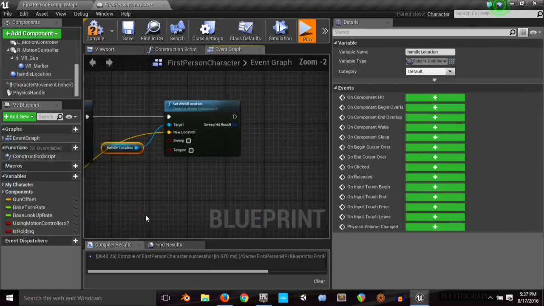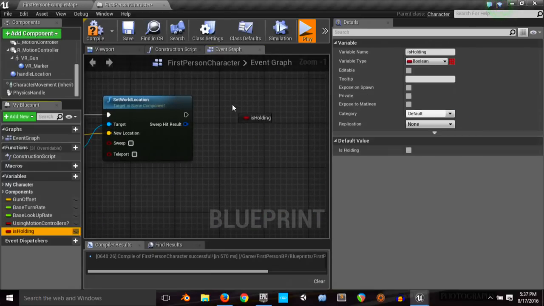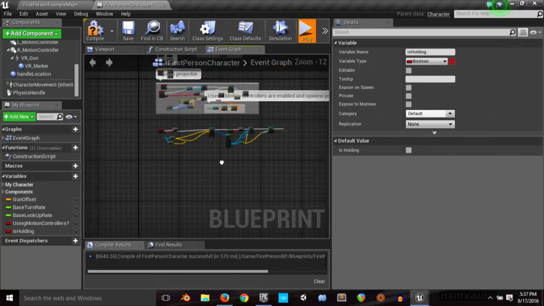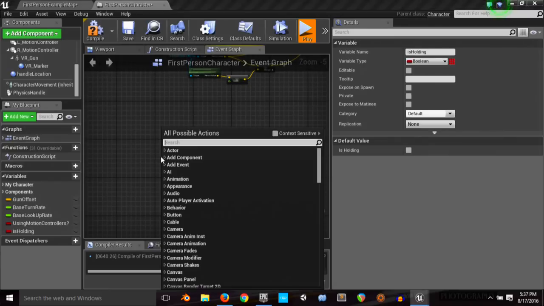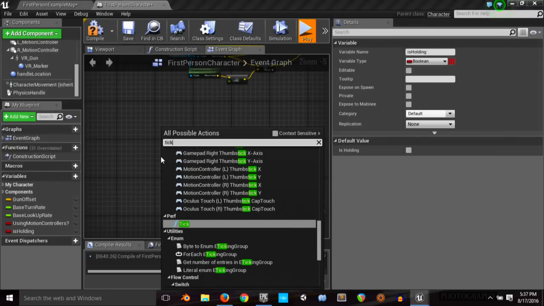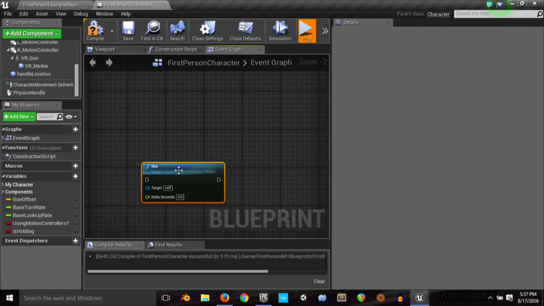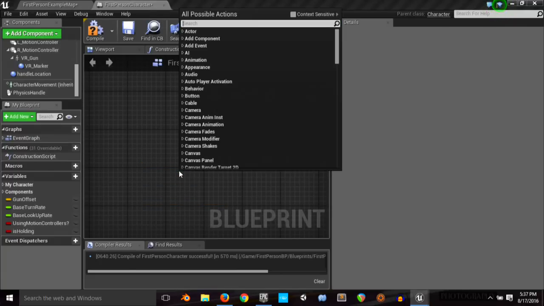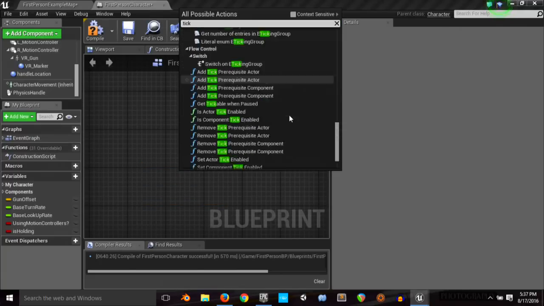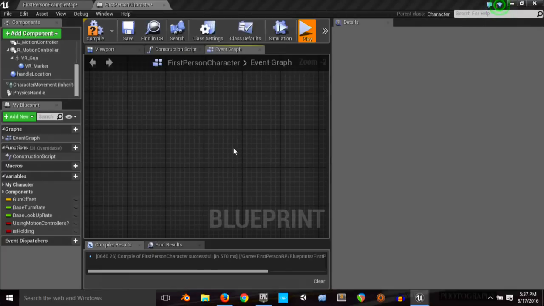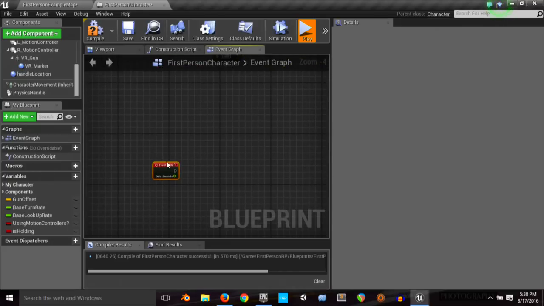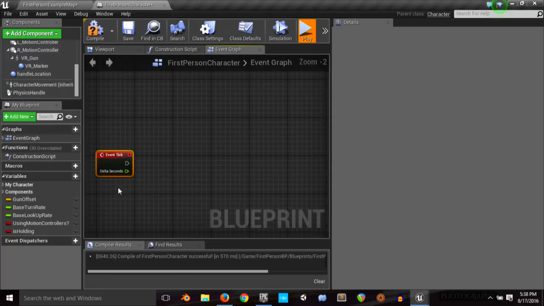Let me see what else. Oh yeah. So we need to make sure that we set is holding to true, since we're now holding something. And then we're going to use a tick event because we need to update the location of our physics handle